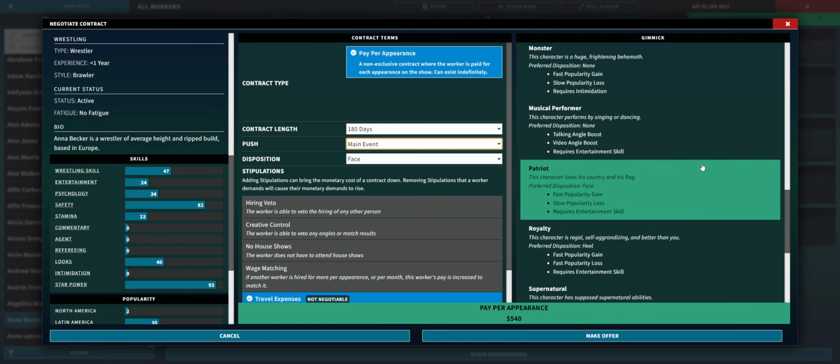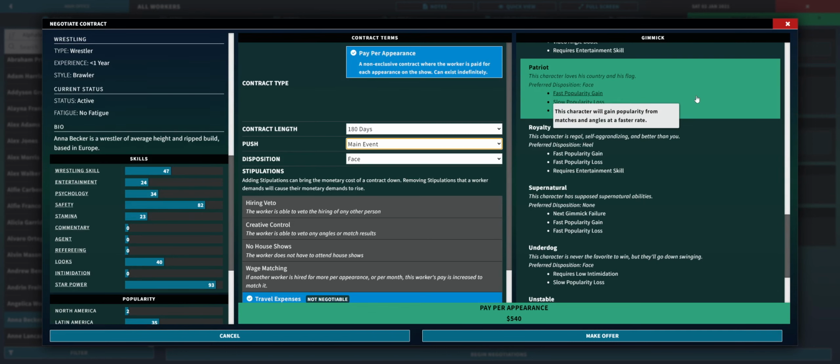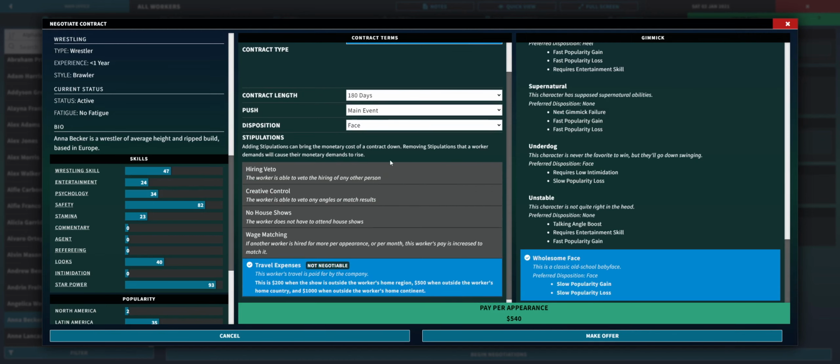So we'll see. Not necessarily a patriot, so to speak, but it may just be a wholesome face, a classic old school baby face, with slow popularity gain and slow popularity loss. So that's what we're going to do. And then for this,